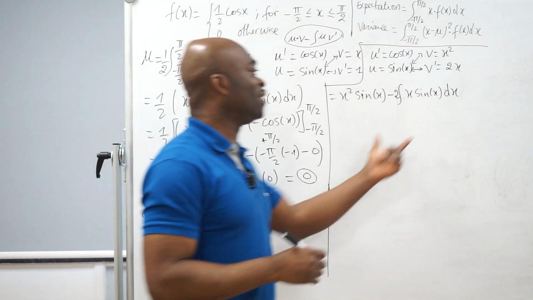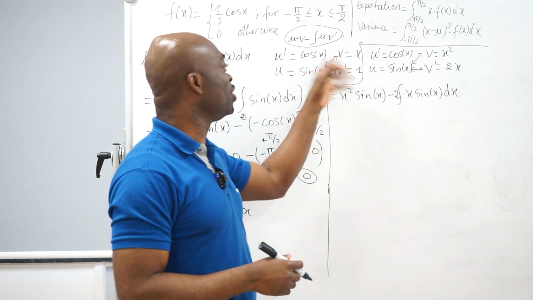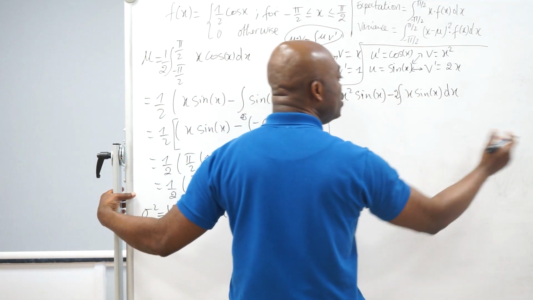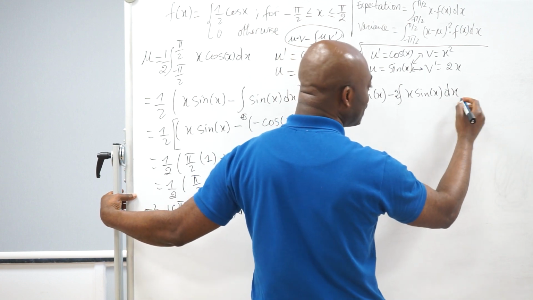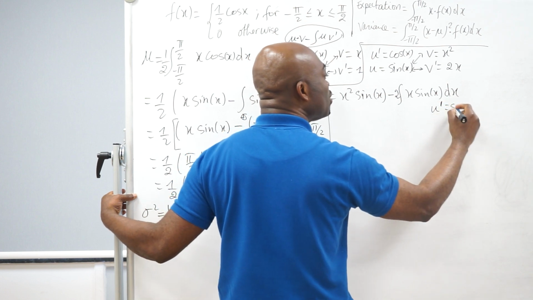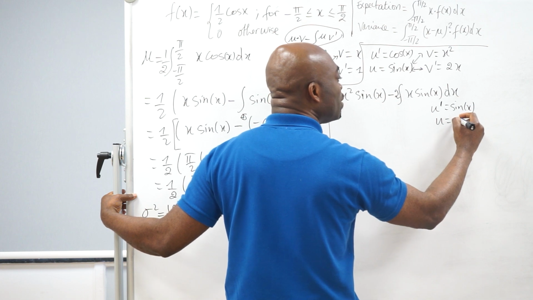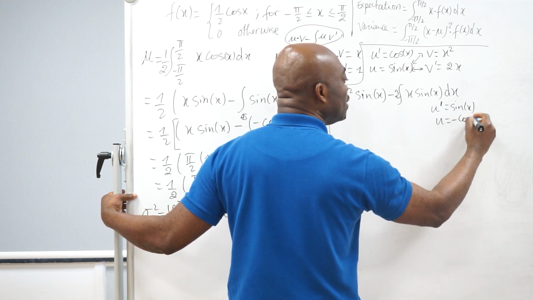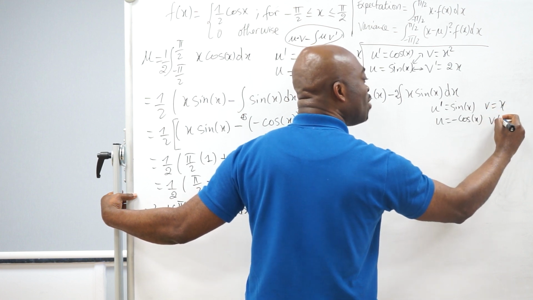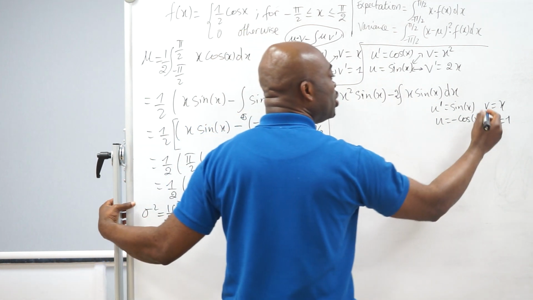Now again, we have something here that we still need to integrate. The third time, we're going to use integration by parts. So let's see how we do that. I'm going to put it up here, so we don't go out of sight. Here is u prime, again, which is going to be our sine of x. Our u is now negative cosine of x. Then our v is equal to x. Our v prime, ladies and gentlemen, is 1. Okay? So again, we're going to do